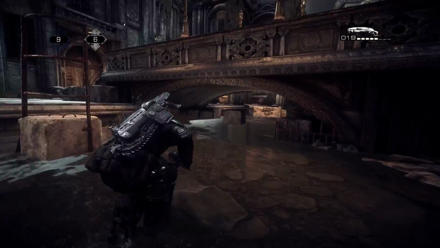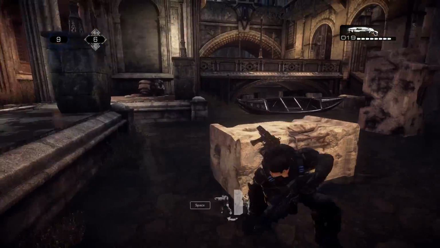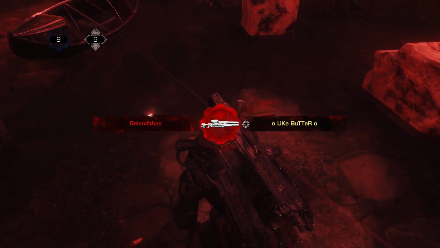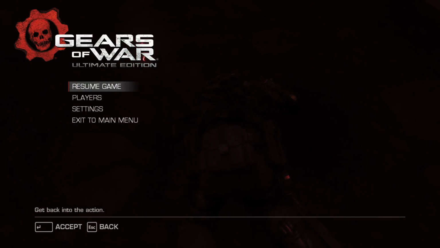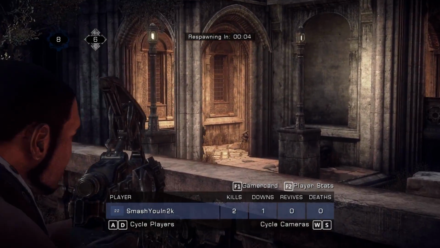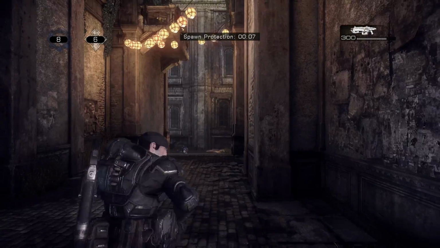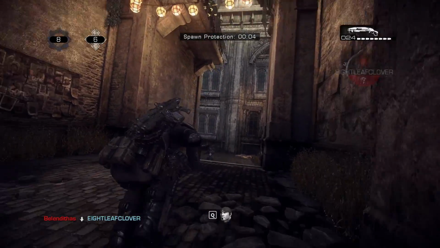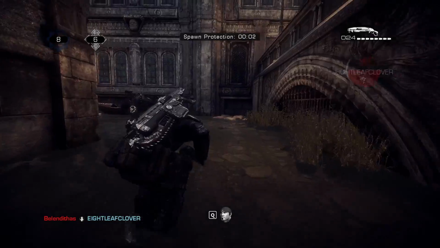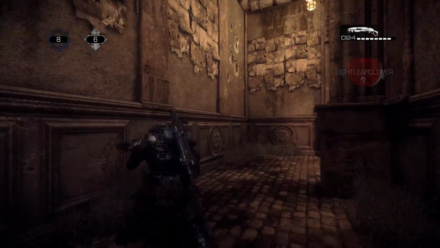So first of all, as I've become more of a PC gamer over the years, I play a lot more PC games than I do console, and I started to learn the amazing experiences you get from a PC community and on a PC game. So when I heard that Gears of War Ultimate Edition was coming to PC for the first time since the original Gears of War, I was extremely excited. I thought this was going to be my newborn baby that I was going to play all the time,